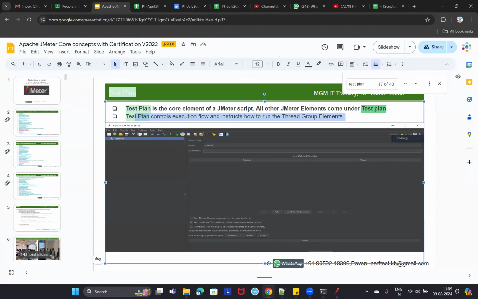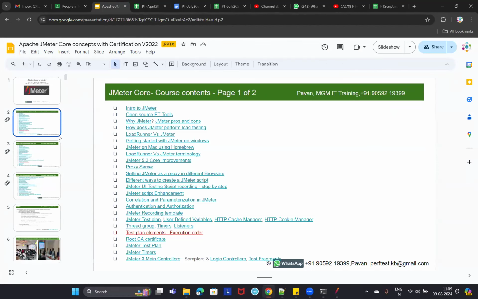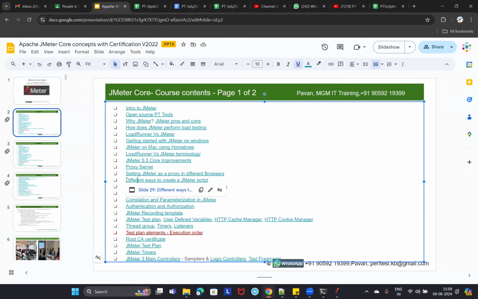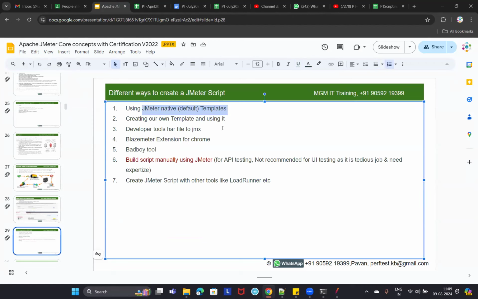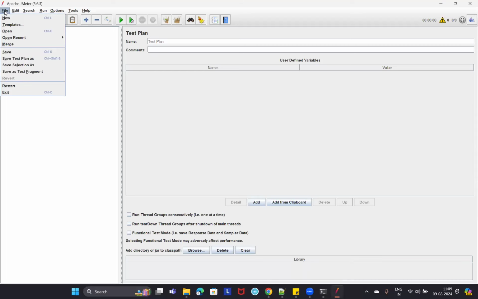We can use JMeter provides some default templates and we can use those templates. That is one way. You see here different ways to create a JMeter script. So these are the different ways. There are these many ways to create a JMeter script. First one is use JMeter native template or default templates. By using the default or native templates in JMeter. And where the default templates will be there is, if you go to file and below that new, see, this